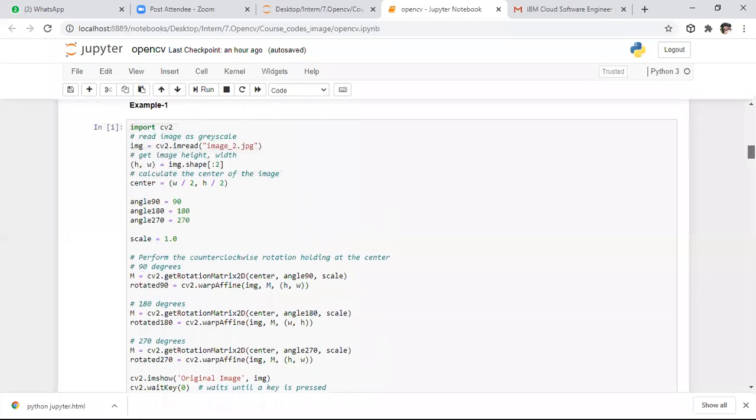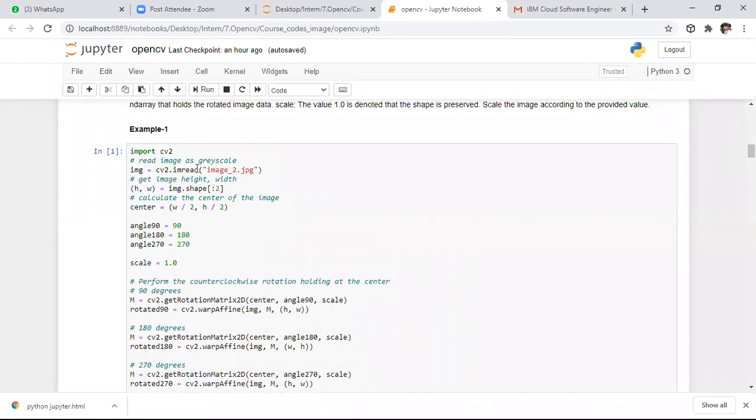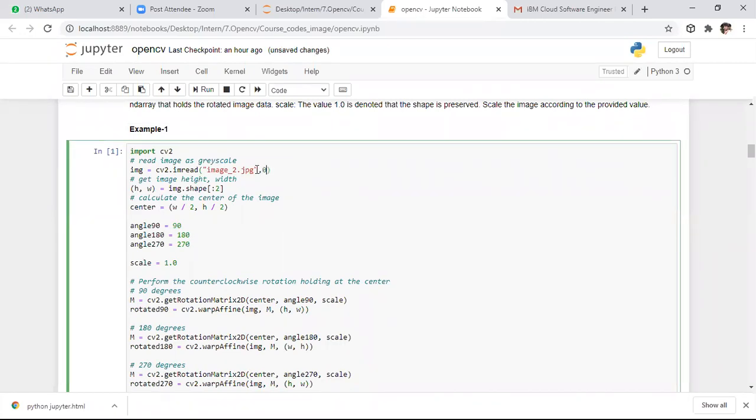Initially I am taking one image, and I'm reading this image in grayscale mode. Whenever you want to read the image in grayscale mode, you need to specify comma 0, or else if you don't specify anything, it will also read the image. After that I want to get the height and width of the image directly in the form of a tuple. That's why I'm saying h comma w, using colon 2, which considers the zeroth value, that is height, and the one value in the shape, that is w. The ending index is excluded, which means we are not considering the number of channels.